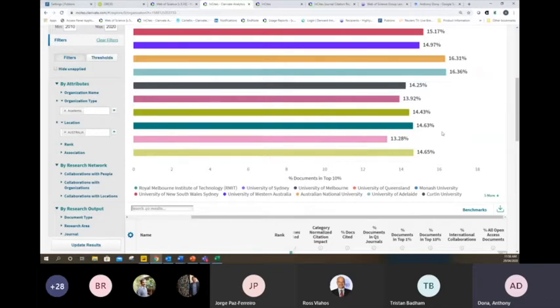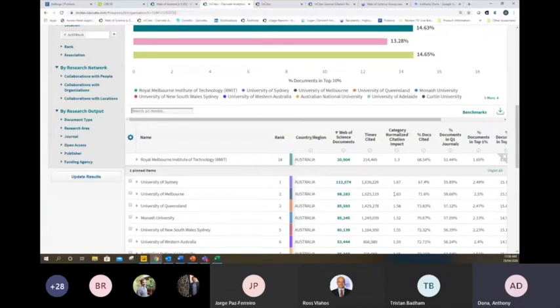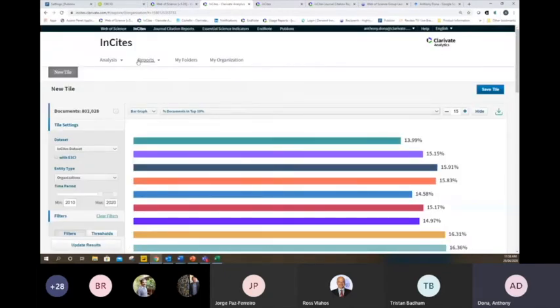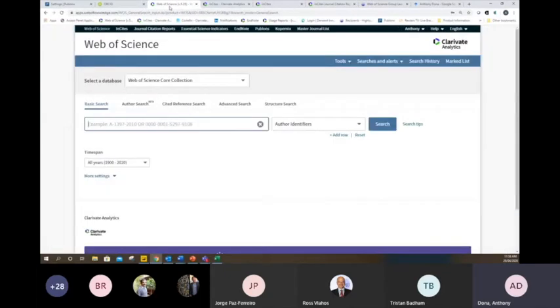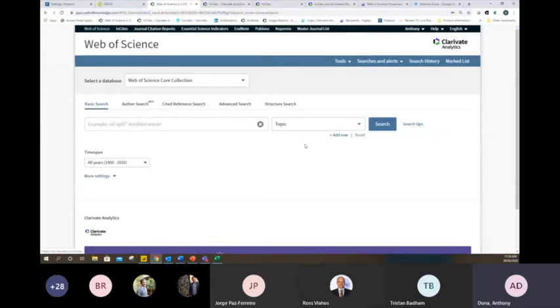Good start. How is this useful to most people on the call? Let's say you wanted to break down your own research area. So let's say you wanted to look at which organisations in Australia or globally are producing content in the research area that you're specifically interested in. Now, you can run custom analyses and look at those impact measures for a very, very specific topic. I obviously can't do everyone on the call. I imagine that everyone on the call is in different areas of research, but I can use whatever area you might like here.